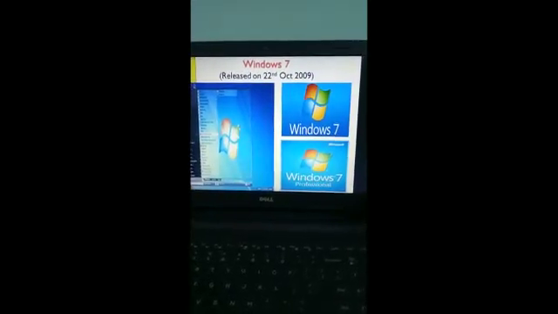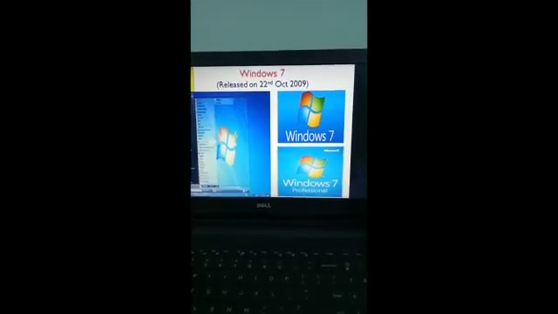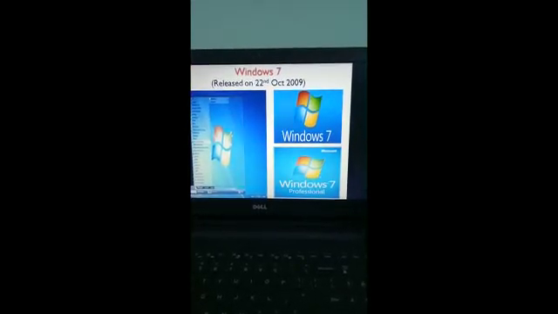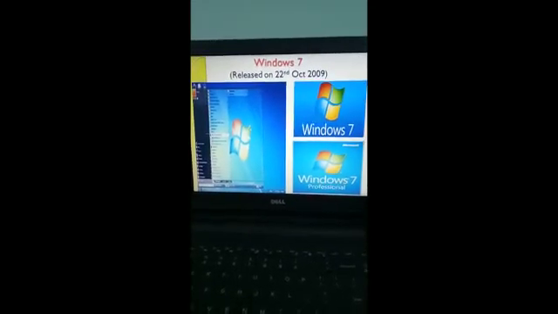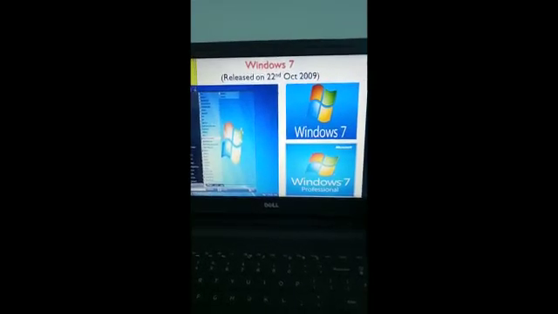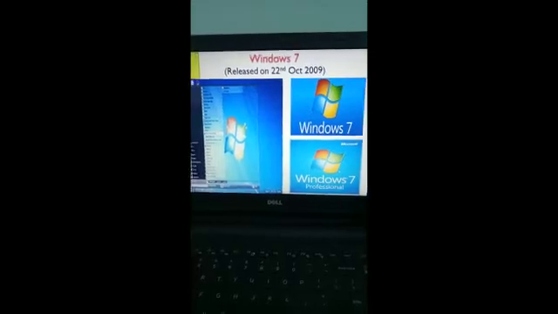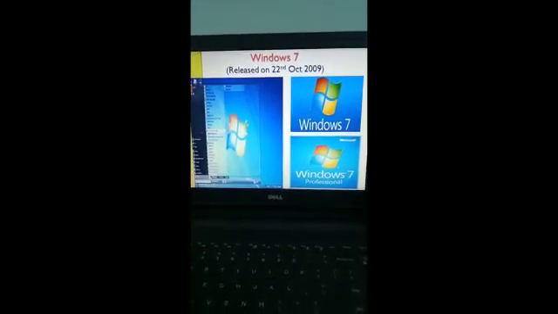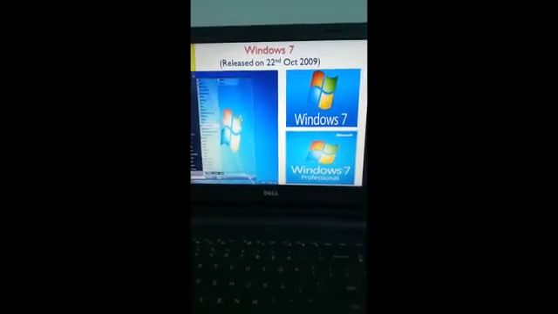It provides a graphical user interface that makes the interaction between the computer and the user easy. This is most commonly used today. And Windows 7 is the most popular version of Windows and was released on 22nd October 2009.